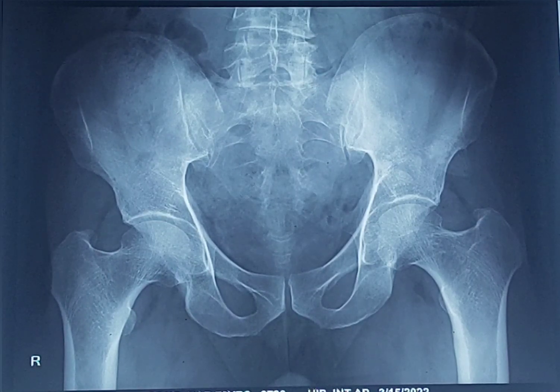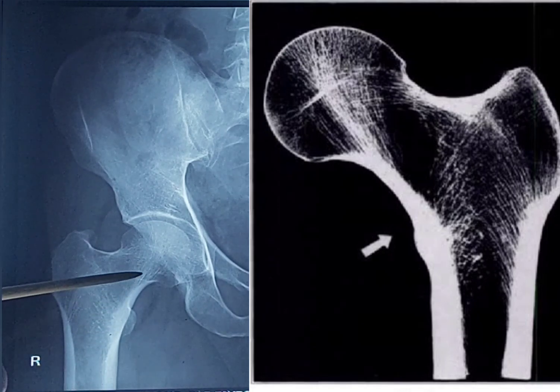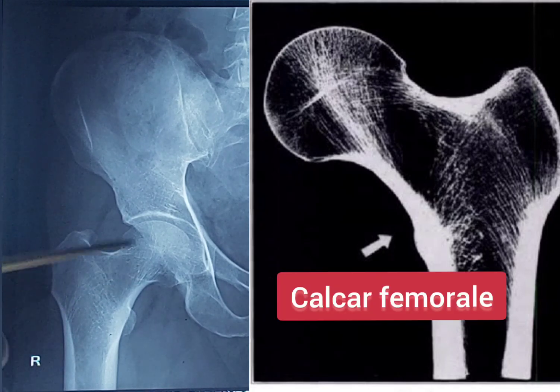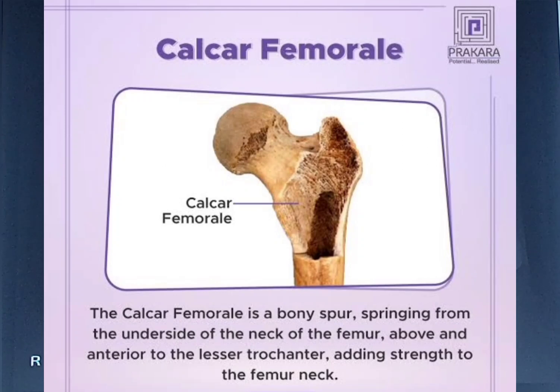But in the neck, we can see some bony trabeculae. They are thin and they are extending from the cortical part of the linea aspera of the shaft of the femur up to the neck, and this is called calcar femorale. The importance of calcar femorale is that it gives strength; in osteoporosis in old age, its weakening makes the neck susceptible to fracture even with minor trauma. So, calcar femorale is a very important part of the neck of the femur.